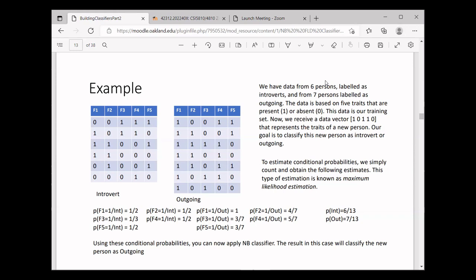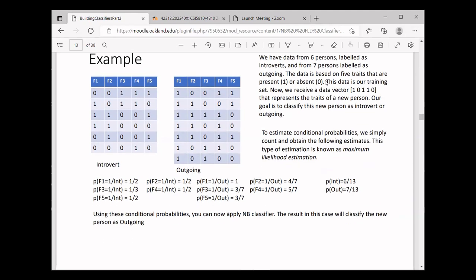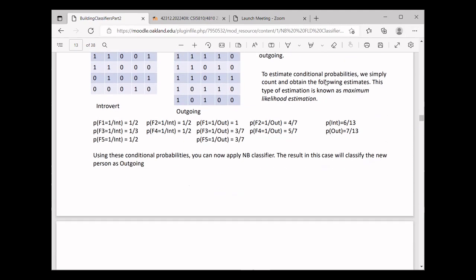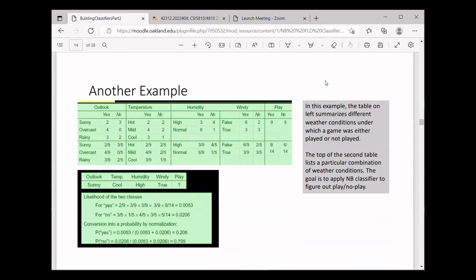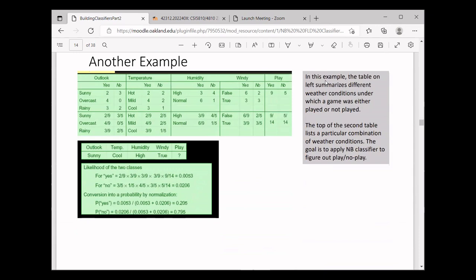All right. So that's really how this will be done. Okay. So that's what happens in the discrete case or binary case. All right. Here is another example which is pretty popular. You might come across this example on many blog sites or in books. All right. So in this case, basically, you are looking at